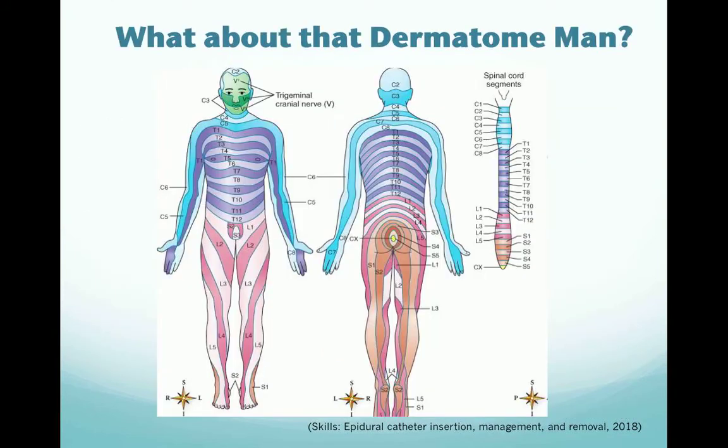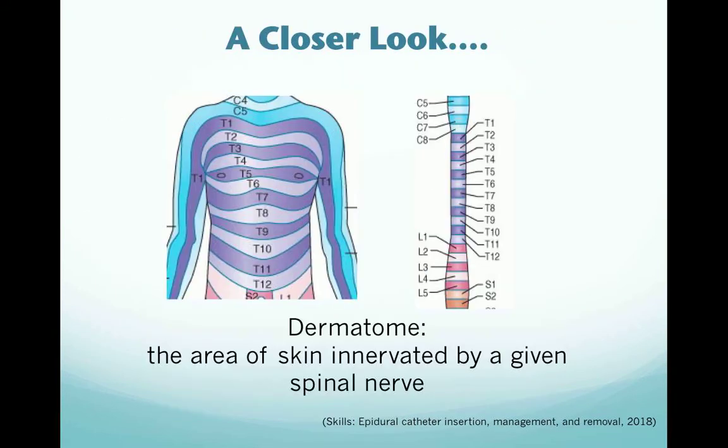the nerve fibers here. You can see here the purple area represents the thoracic cavity. It is within this purple area that we place our thoracic epidurals. So if you look to the right, you will see the spinal column and the vertebrae. And so if you look at, let's say, T7 and T8 on the right side along the spinal column, and then you look over to the left and you see this gentleman in the supine position, you can correspond T7